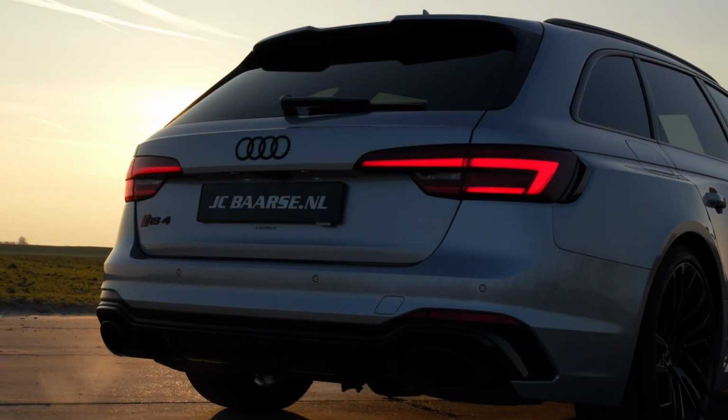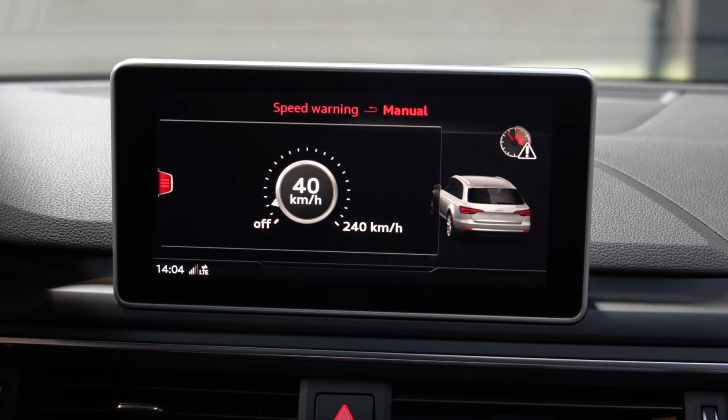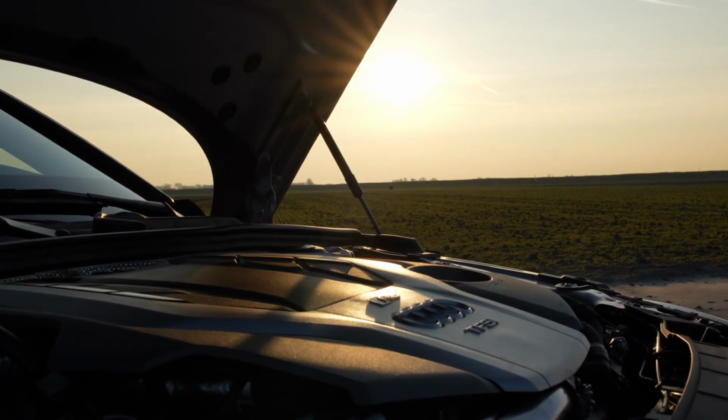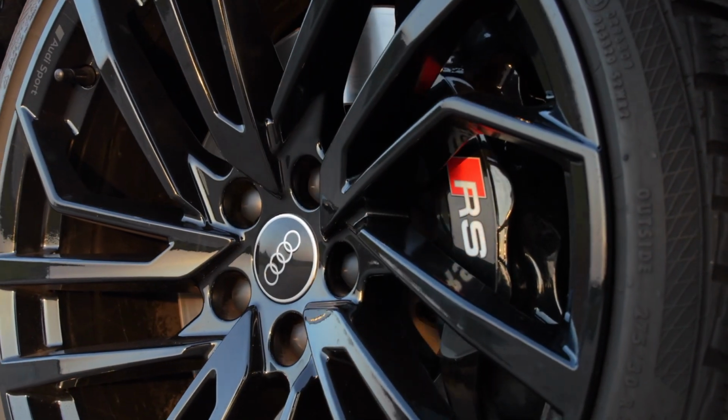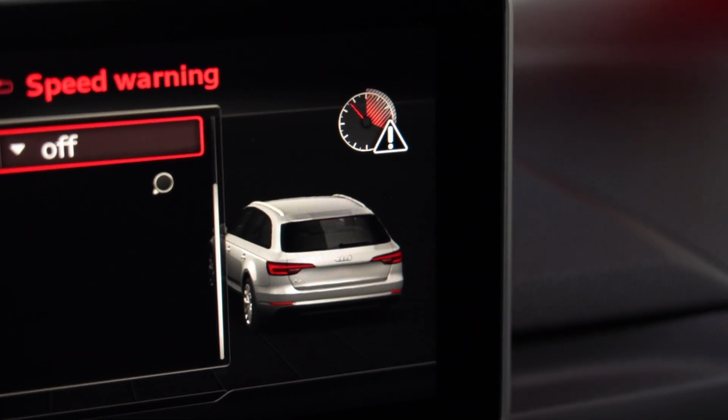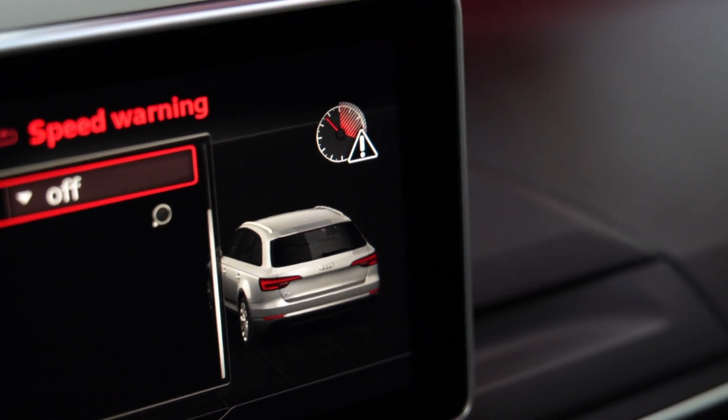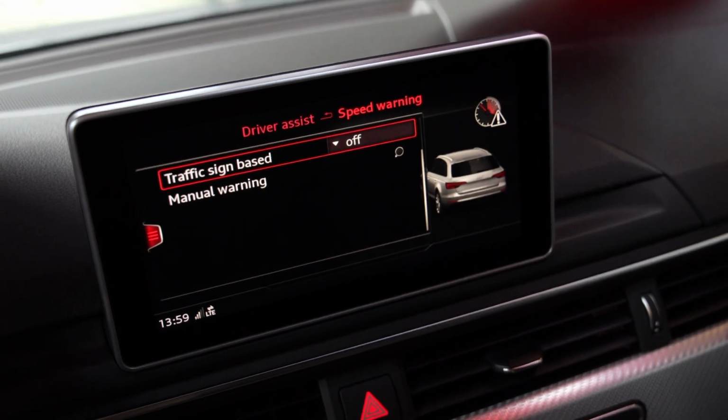Are you driving an Audi and you would like to turn off the Audi speed warning, but you don't know how to do so? No worries. Just watch this video and I will show you in a few simple steps how to deactivate the speed warning